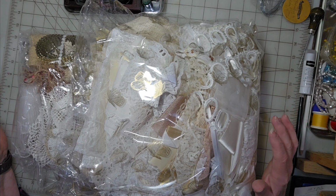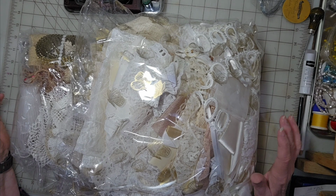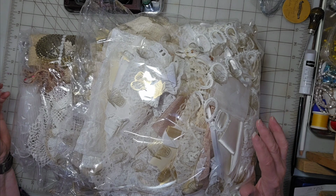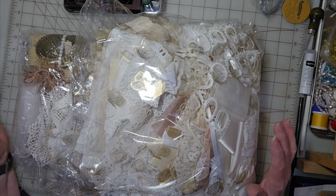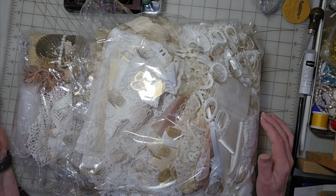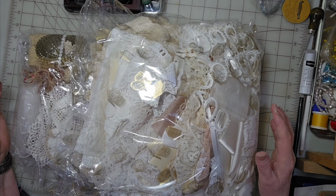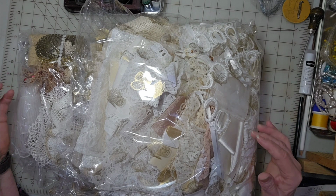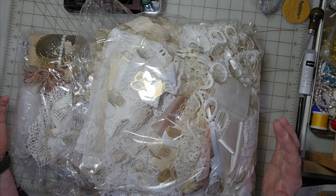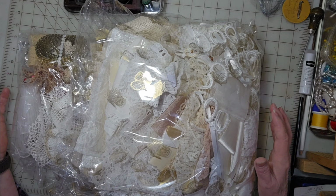Now there's at least 75 pieces of lace, ribbons, and trim, which you will see. And each of those pieces, for the most part, are at least a yard. Some are even 2 yards, depending on what it is, which you'll see as we go along. And then there's other items to enhance making journals, like some fabric, some lace pieces, some blingy things, lots